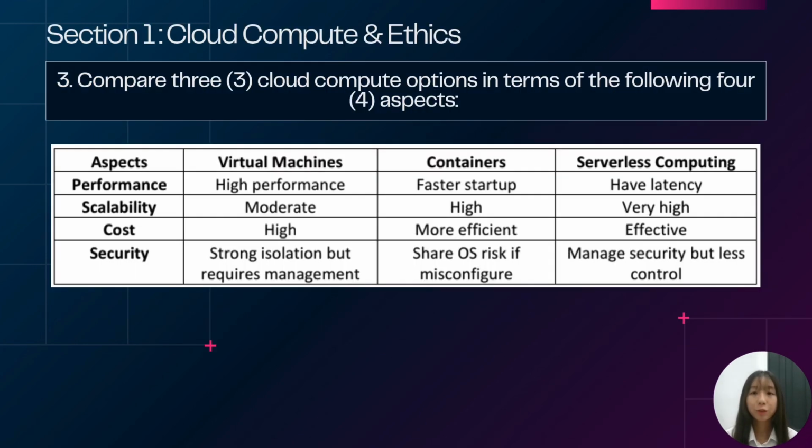Question 3. Compare 3 cloud compute options in terms of the following 4 aspects. The aspects are performance, scalability, cost, and security. For virtual machine, its performance is high performance, moderate scalability, high cost, and the security is strong isolation but requires management. Next, for container, its performance is fast setup, high scalability, cost is more efficient, and its security is shared